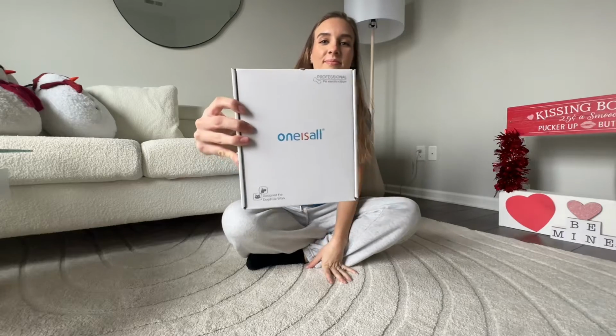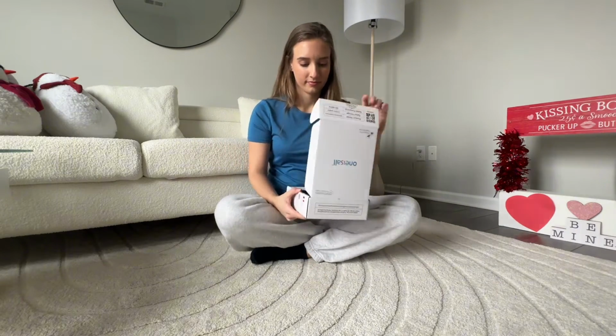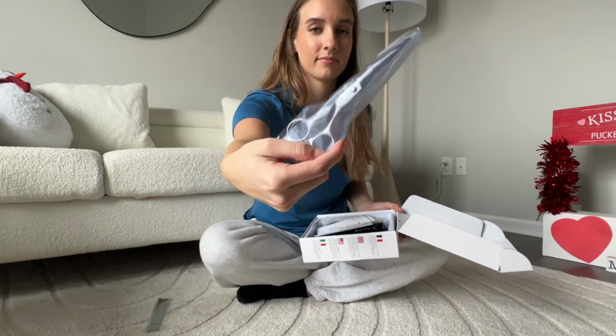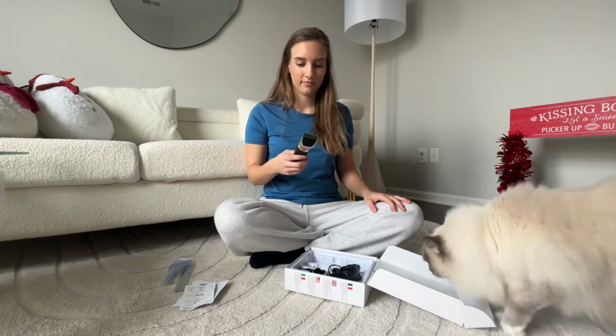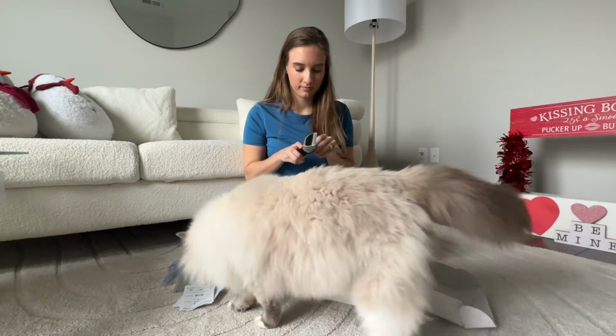This is our very first attempt at giving our two very long-haired cats a sanitary trim, so fair warning, go ahead and brace yourselves. It's not going to be pretty. This is most definitely not a tutorial. It's actually quite the opposite, and it's probably a better example of what not to do. But like I said, this is our very first time, so hopefully, we will get better the more that we